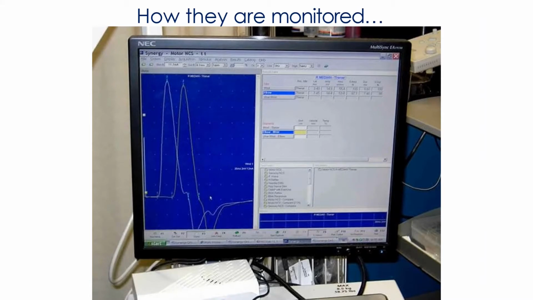So this kind of graph is obtained on the monitor. As you can see, this graph has the latency, and this is the upward and downward deflection representing the amplitude of the sensory action potential that is obtained. This is the second graph of the amplitude of the action potential. It is stimulated at two sites, and these two graphs are obtained, and here we get the results of the latency and amplitude respectively.